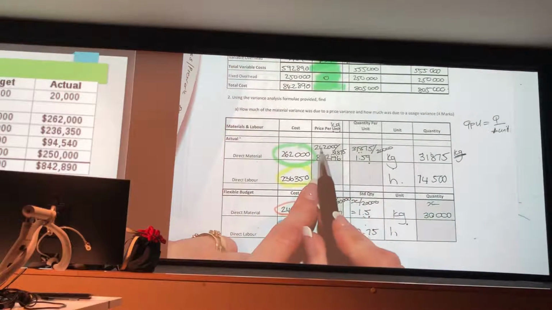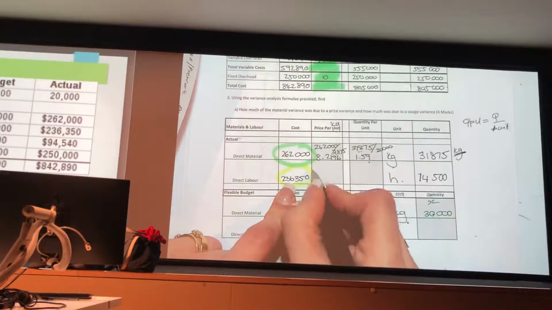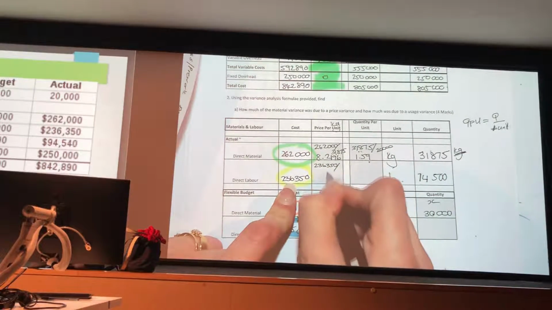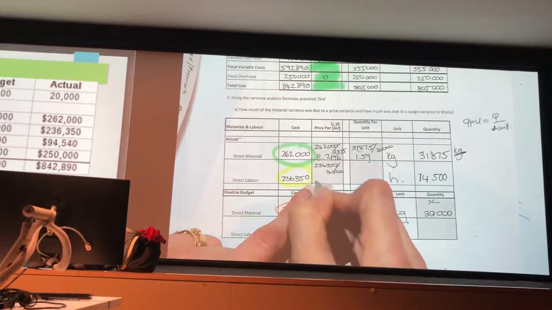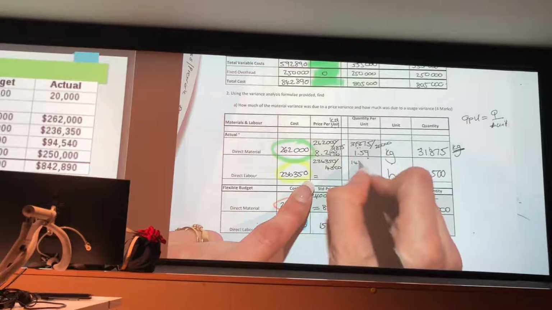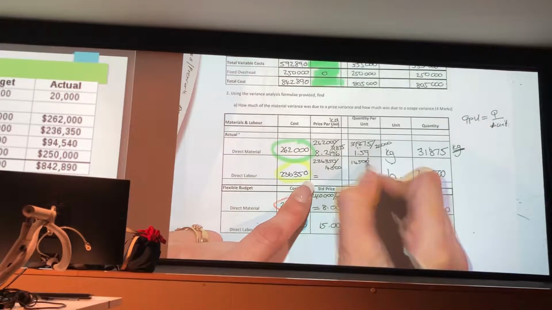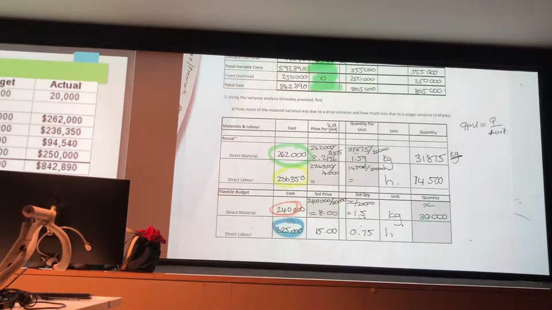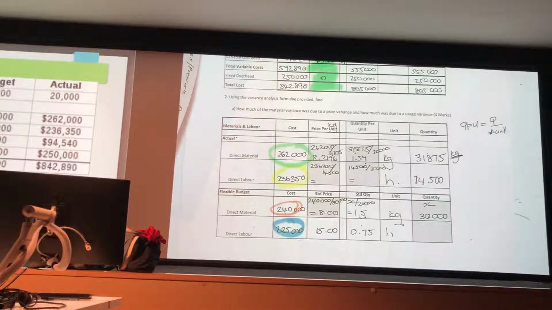If you follow the same as up here and you just replace the numbers, so if you go cost divided by 14500 gives you this answer. 14500 divided by 20,000 gives you that answer. And then this one is